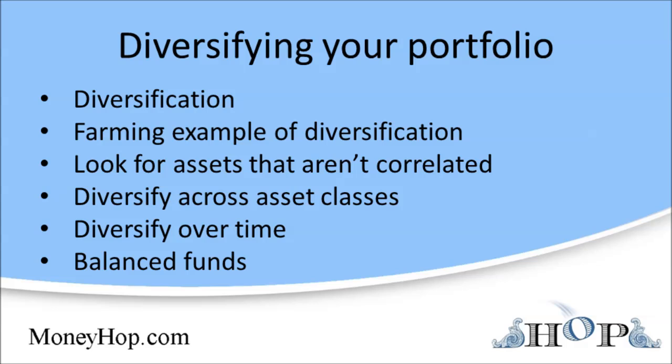You can do this with financial assets in the real world as well. The key is to get assets whose returns aren't correlated with each other. You obviously want to invest in assets that appreciate over time, but on the way up, you want one asset to zig while the other one zags. To get the maximum benefit from diversification, you should diversify across asset classes, and then diversify within asset classes, and also diversify over time.